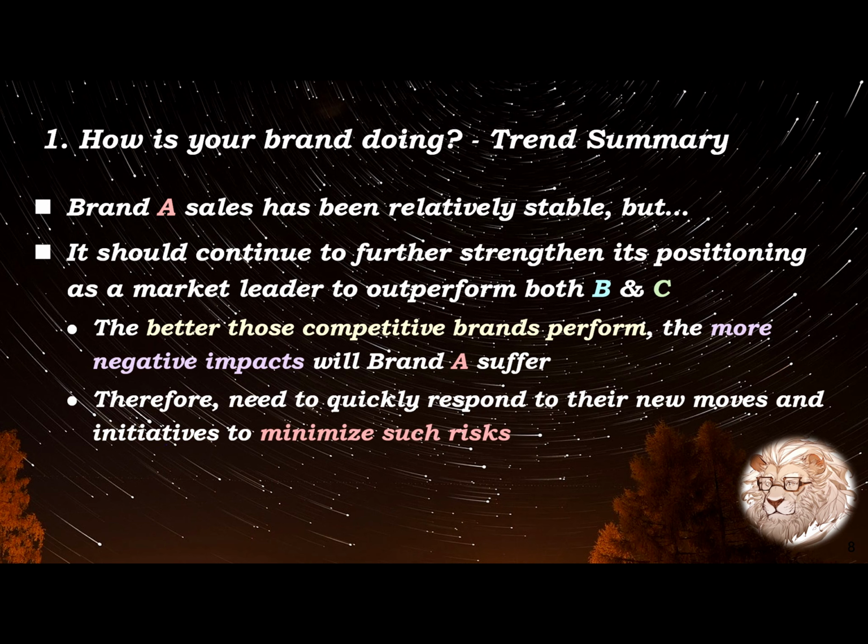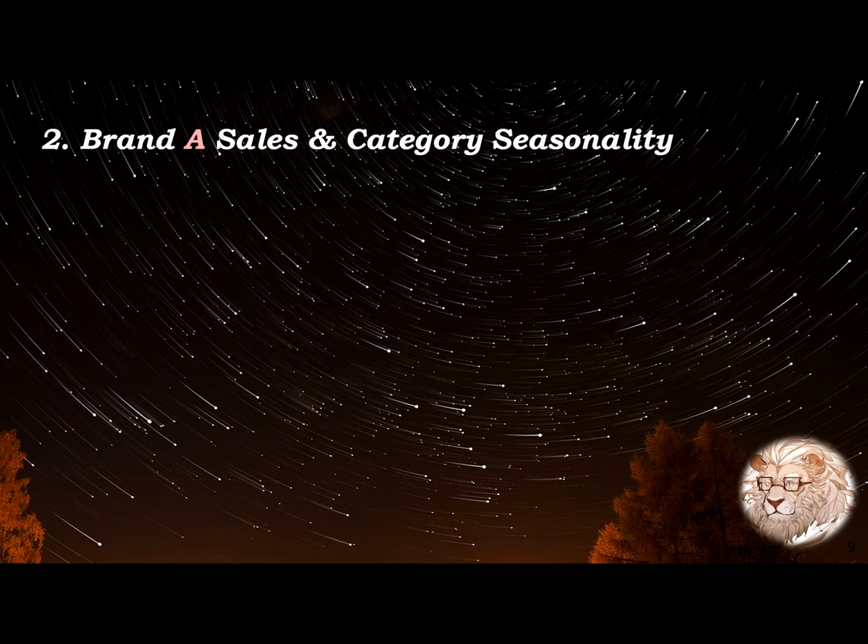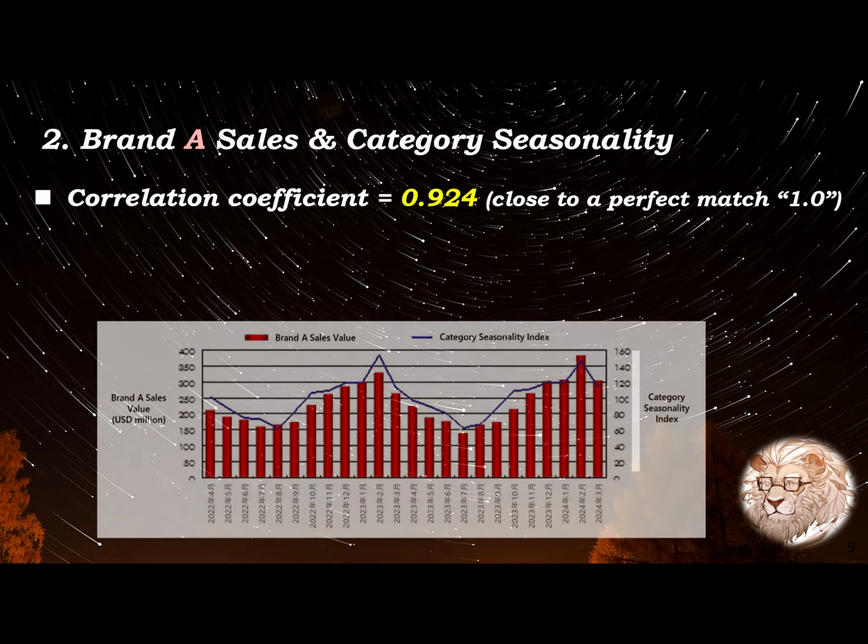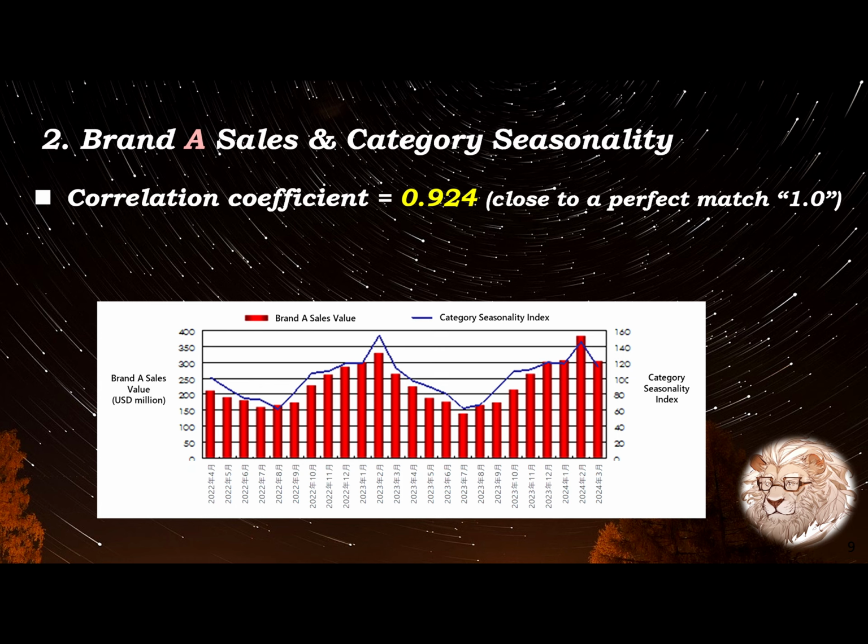What can you do to achieve higher sales from a strategic business and marketing perspective? Let's go through these questions step by step to explore more insights that may provide sensible answers. Regarding the relationships between brand sales and category seasonality, Brand A has an extremely high value of 0.924, which is